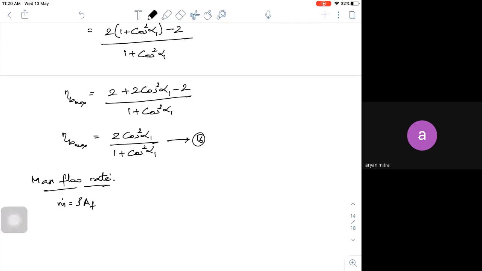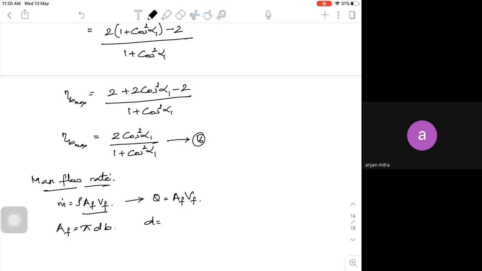So the discharge is equal to the area of flow into the velocity of flow. What is the area of flow? Area of flow is equal to pi into D into B, where D is nothing but your average diameter,